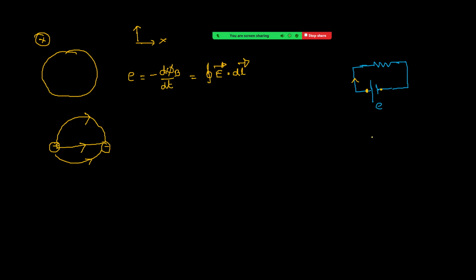So here EMF is defined as the work done by battery in a closed path. So when you are taking work done, we have to take actually F bar dot dl bar, right? dl bar is displacement, F bar is that electric force because of the battery. And here EMF is defined as work done by the battery per unit charge or per unit positive charge.